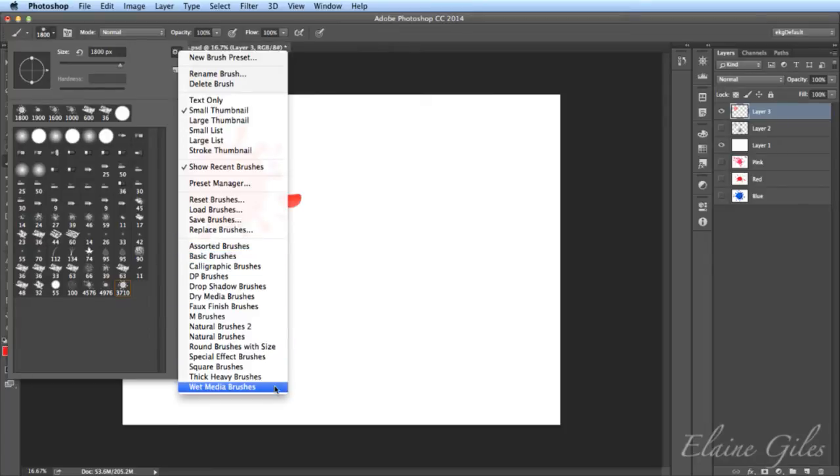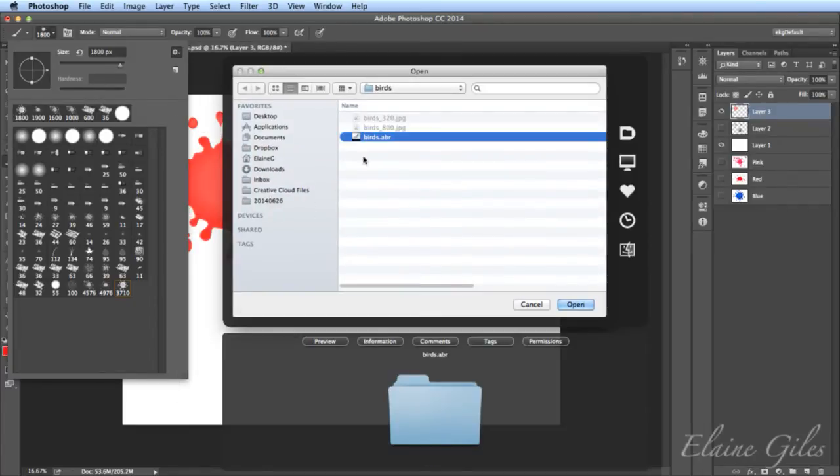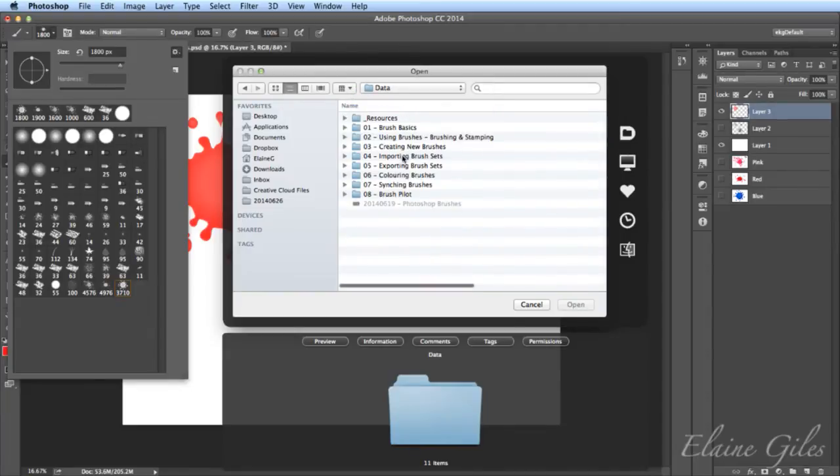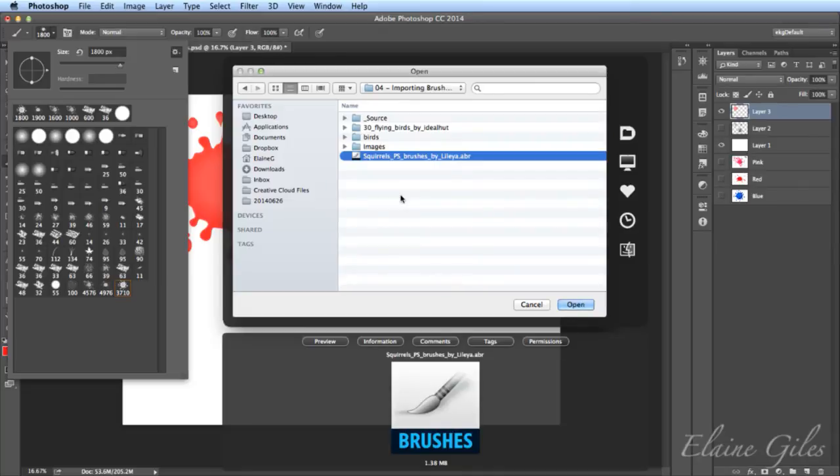They're not automatically available in there. Now, first question's usually, can you make them available from within there? Well, you can if you want to, but you can also load them in. So if I go up to load brushes, that opens up my files here. I'm going to go to my data, and in importing brushes, I have some brushes to import.